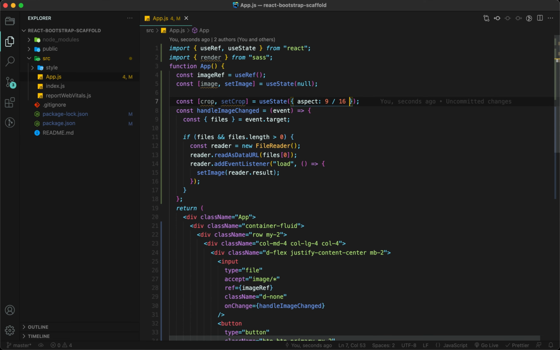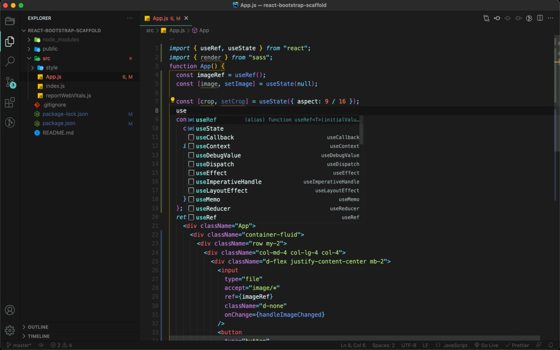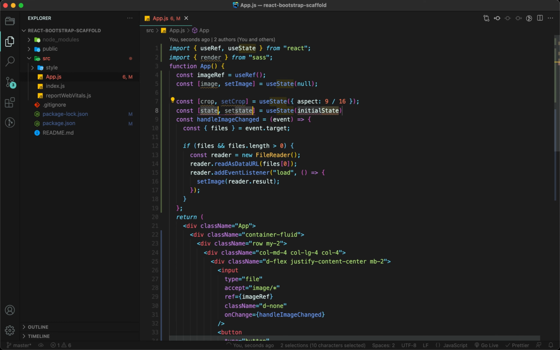Previously I showed 16 by 9, but currently I'm going to use 9 as the width and 16 as the height aspect ratio. We also need one more state, useState, called completedCrop, and the initial value will be null.